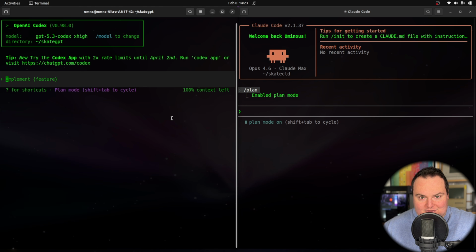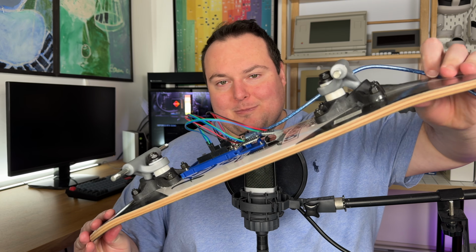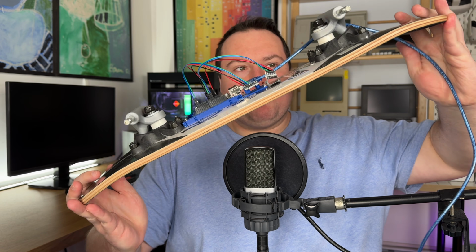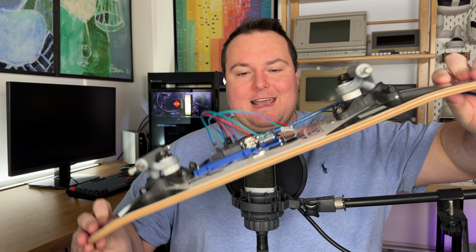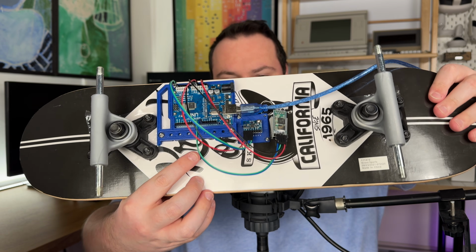So I brought a physical element into this, which we will now take a look at as I reach down to the table right here, and hopefully it is visible. If not, I will just cut to some B-roll of it. What I'm holding in my hand right here is a little mini skateboard project that I had started building almost 4 years ago to control a Unity game using an MPU 6050 accelerometer attached to an Arduino Uno R3,